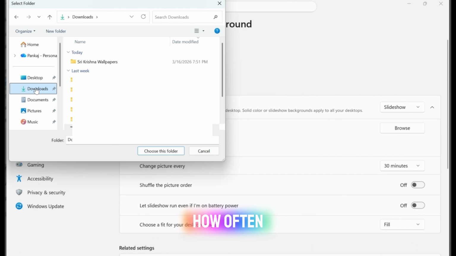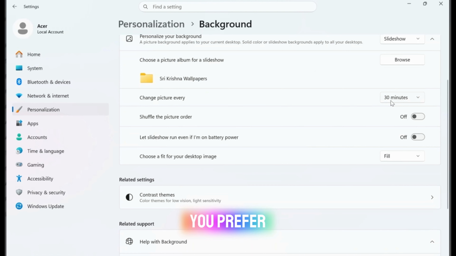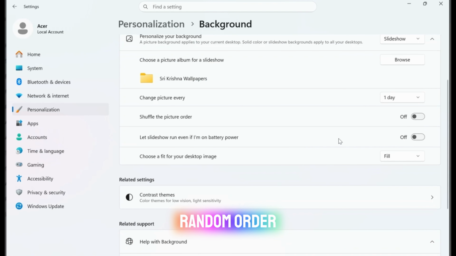Now choose how often you want the wallpaper to change. You can set it to change every minute, every 10 minutes, every 30 minutes, or longer, depending on what you prefer. You can also turn on Shuffle if you want the wallpapers to appear in random order instead of the